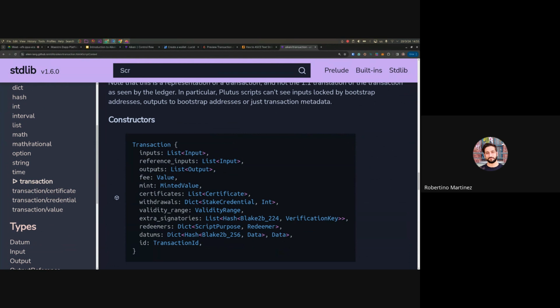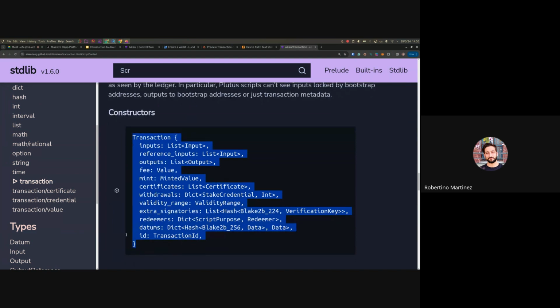You want to know if you are minting values, as I was saying before. If you are minting an NFT, you want to make sure that you are minting just one of these specific token assets. If you don't have this minting in your transaction, there's no way that you can be sure that you're creating an NFT or 10 million tokens. So the point is, the transaction has all the information that is critical for the developer of validators